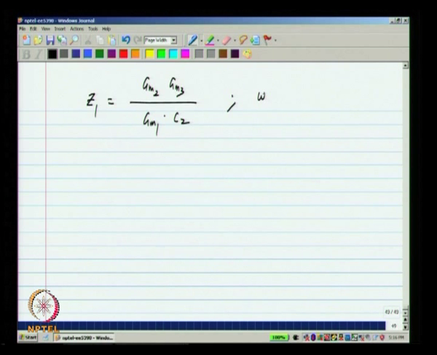Let me also write the expression for the unity gain frequency, which is GM1 by CL, and the unity loop gain frequency of course is GM1 by CL divided by K. Now, how do we make this 0 smaller and smaller? We could reduce GM2 or GM3, or we could increase C2. Let us say we do not play around with GM1 because that also influences the unity loop gain frequency, but the other 3 things we can play around with and independently control Z1.